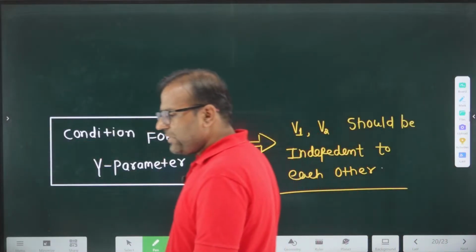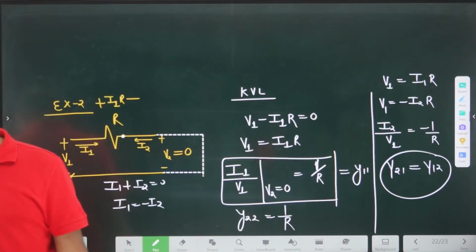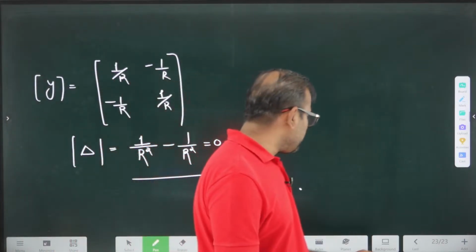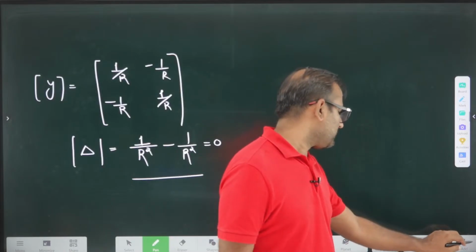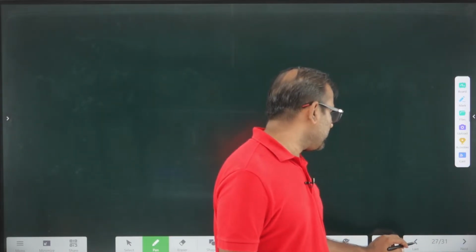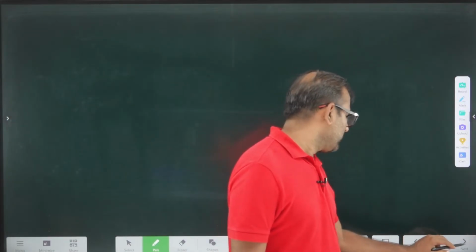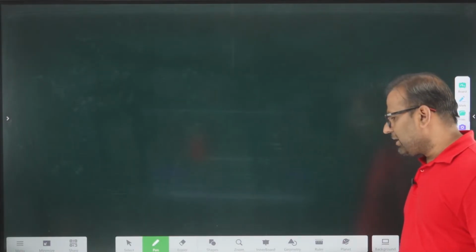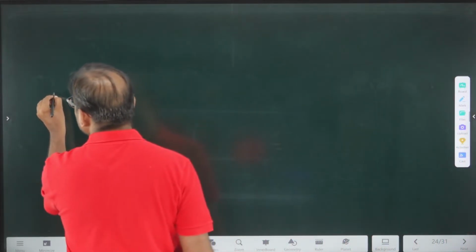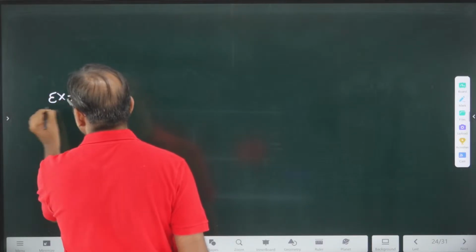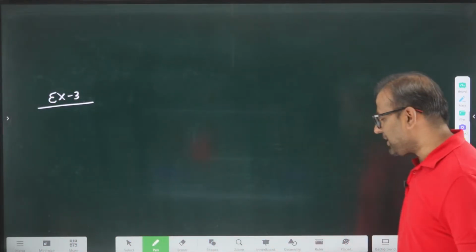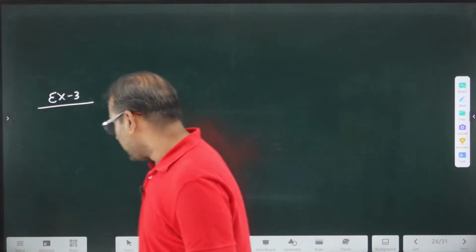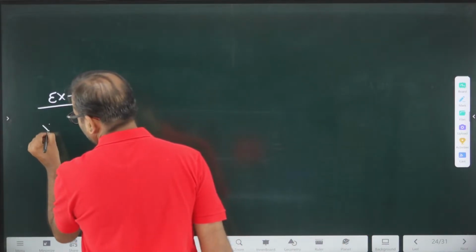So we have talked about all the conditions of Y parameters. Let's go to the next thing. Let's take one more example, example number 3. It is easier to write the y parameter if a resistive network is given, and it is easy to write the y parameter for a delta network. So let's write the y parameter